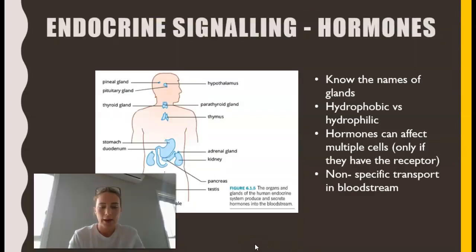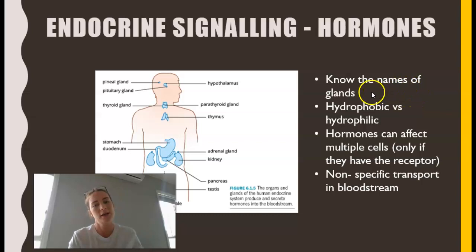Okay, and so we're going to talk about two major classes of signaling and compare them. The endocrine system signaling, so the activity of hormones, and we're going to compare that to signaling in the nervous system. So if we start with the endocrine system,